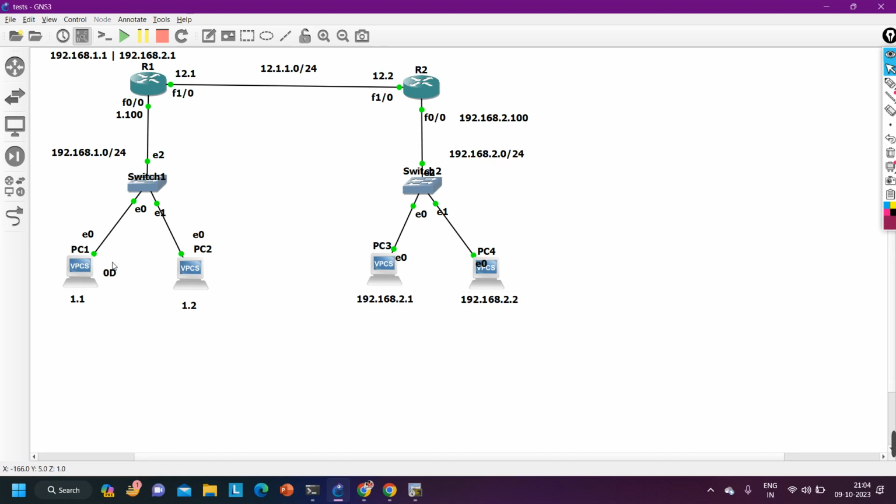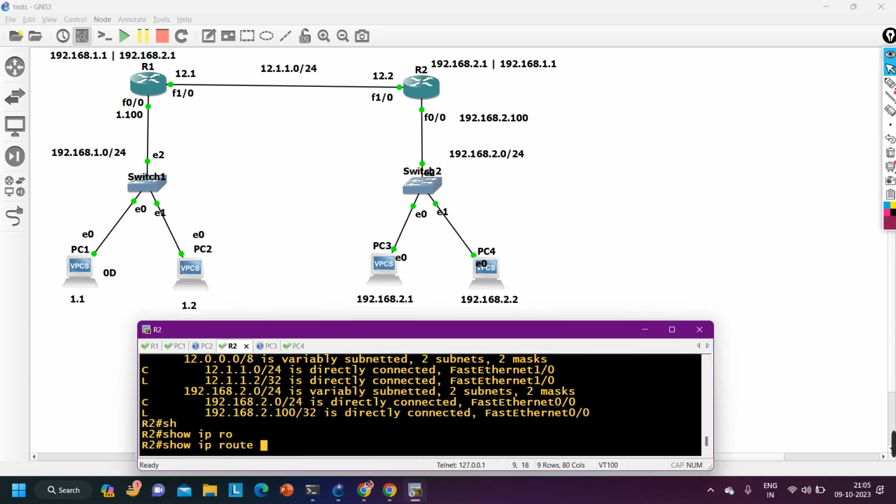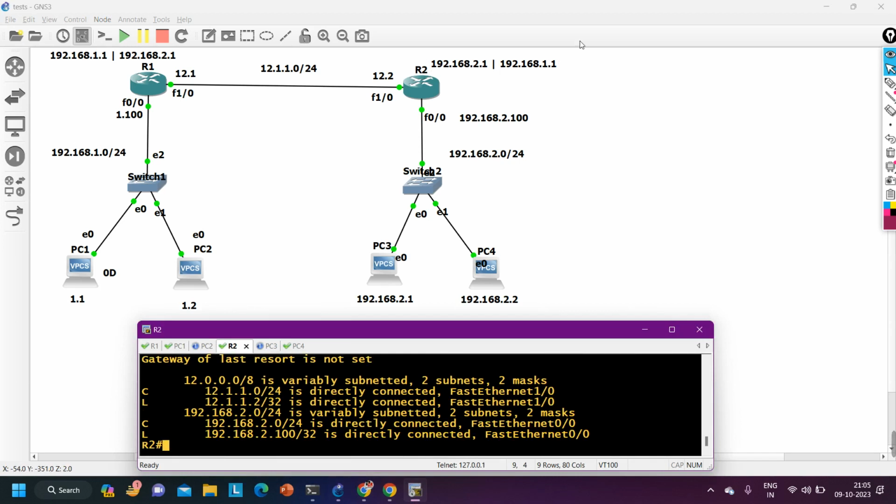When PC3 will encapsulate any packet for, let's say, PC1, again this time source will be 192.168.2.1 and destination will be 1.1. It will forward the packet to switch, and the switch will forward the packet to router 2. Router 2 will check its routing table. It will compare the destination IP address in the routing table of router 2, and inside the routing table of router 2 there is no route available for this network